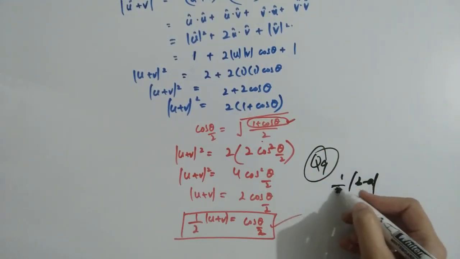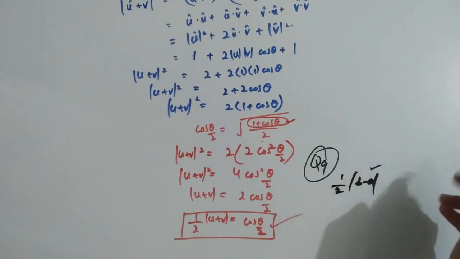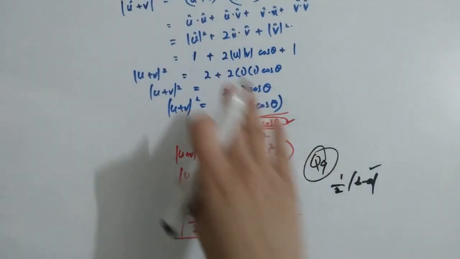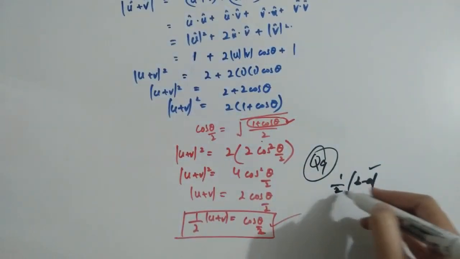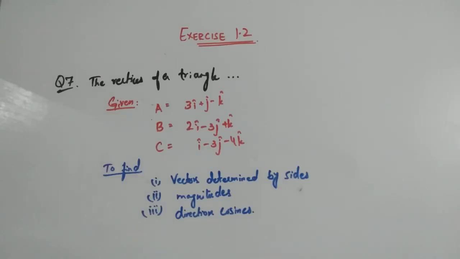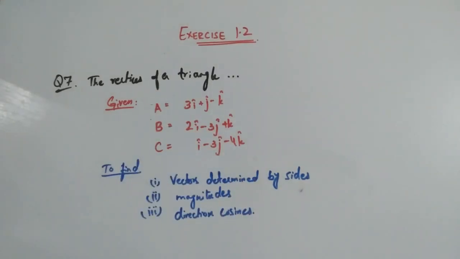There you have to solve for |b − a|. You write |b − a| as (b − a)·(b − a), and using this, simplify it to get the answer. You will get the expression in the form of sin(θ/2). So try it yourself. Okay, in question number 7 you are given the 3 vertices of a triangle,